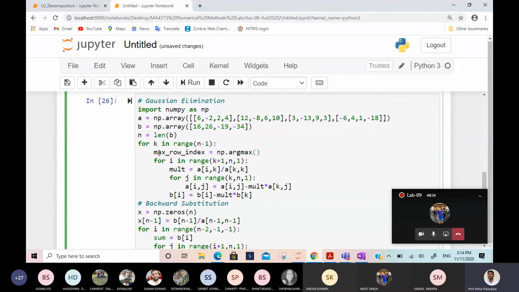So tell me what to write here. Suppose you are doing it for any column number, suppose 5. Tell me for column number 5 what to write. I already showed for column number 1 and column number 2. I am asking for column number 5 what to write. Absolute of A[5:, 5]... absolute of A[4:, 5]. This is 5 cross 5, so here there is no column 5.